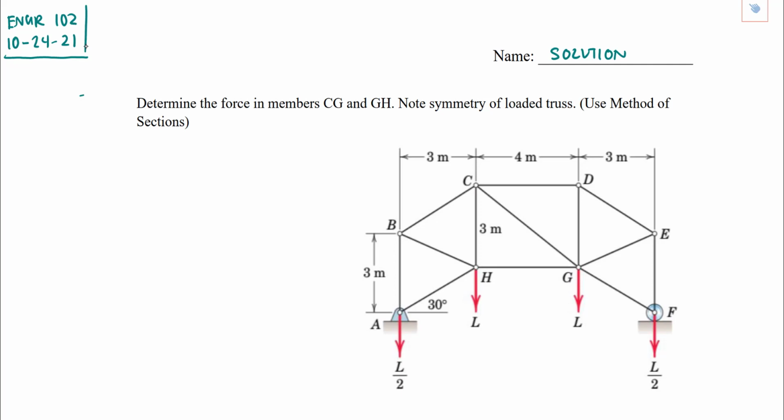All right. So in this problem statement, we're being asked to find the force in members C, G, and GH. So I'll take a note of what those are first, and do note symmetry with the loading of the truss as well as the design. We're being told explicitly to use method of sections. So I like to first indicate what the members I'm looking for are, and that helps me visualize where I can take